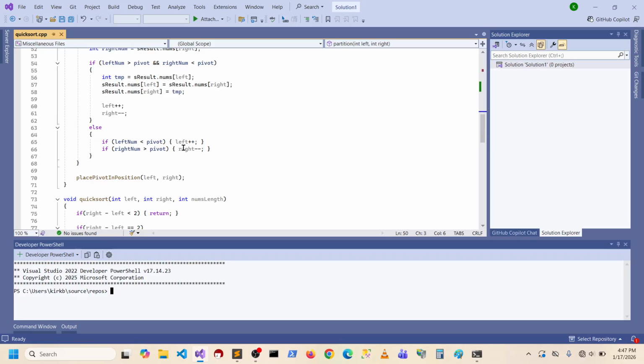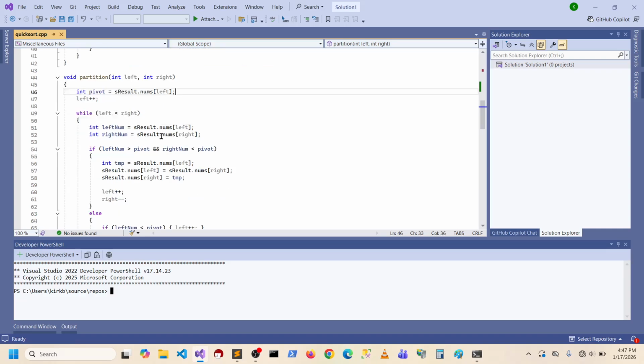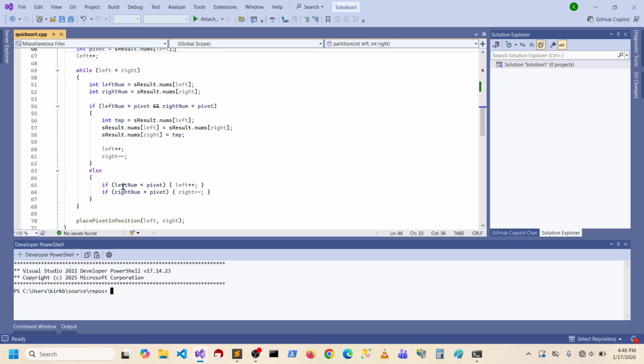Let me see. Where's our partition? Here. While left is less than right. Okay. Oh, that keeps it going right there, and then they only swap if they do that. Well, actually they should keep moving anyways. See, if right num is greater than pivot, then it keeps moving. But if they both stall out,